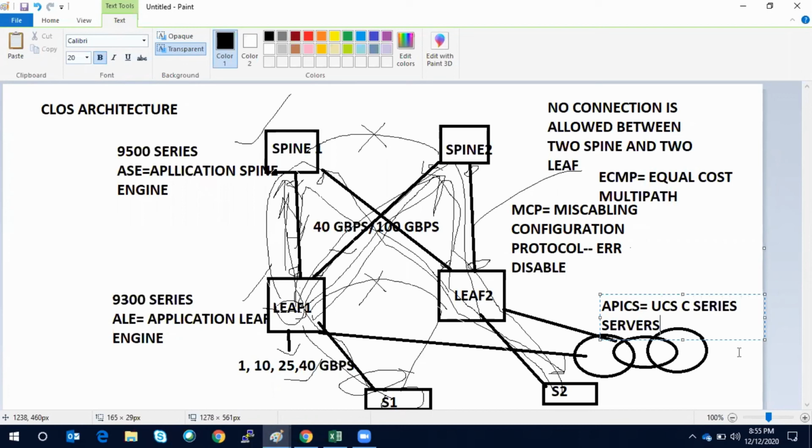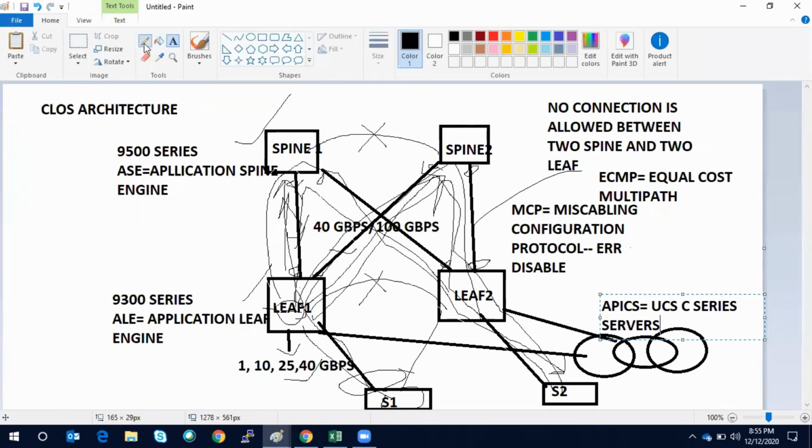Then you connect. The APIC has 2 10 gig connections and 2 1 gig connections. With the 2 10 gig connections, you connect one to leaf 1 and another to leaf 2, obviously for resiliency. On the APIC side, it is active standby NIC teaming.